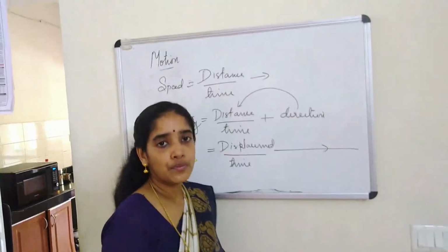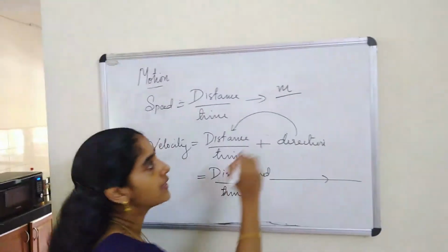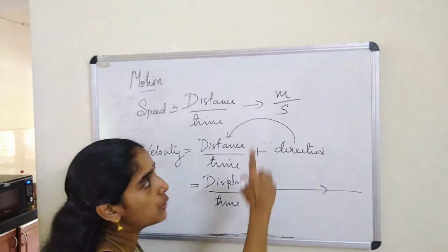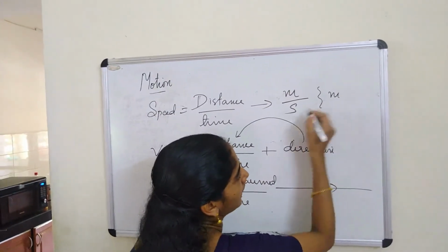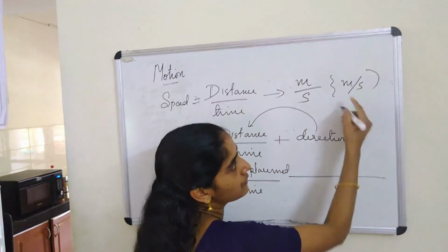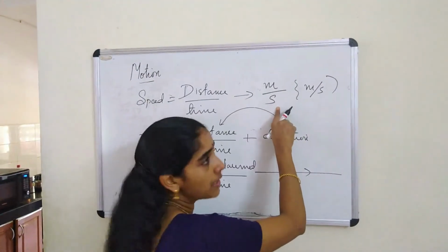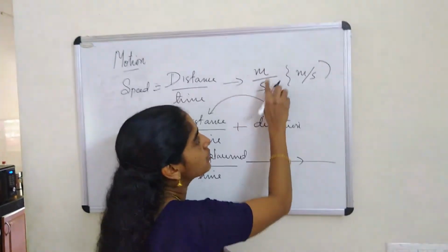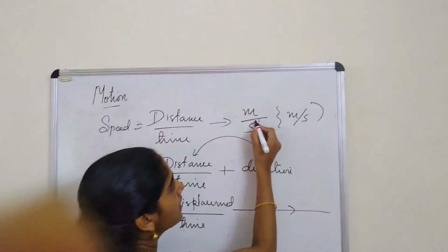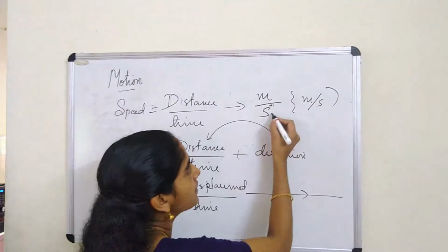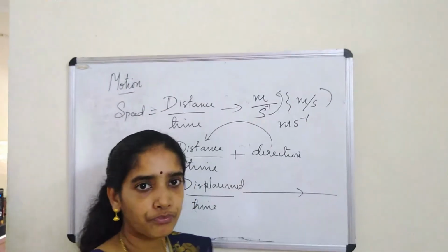Distance, what is the SI unit of distance? I told you already, it is meter. And what is the SI unit of time? Second. So how we read it? We don't read it as meter by second. We read it as meter per second. Either you write like this or you write like this, meter per second. But you studied already in maths. Here the second comes in the denominator. Its power is not mentioned. That means the power is 1. And sign not given. That means it is plus. So when you take this in the numerator, it becomes ms raised to minus 1.